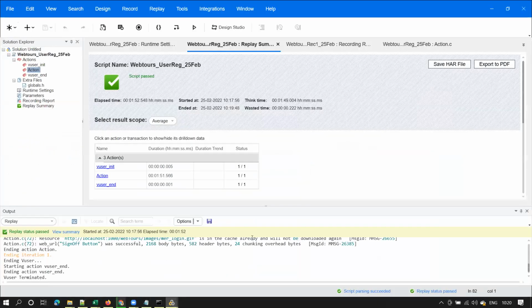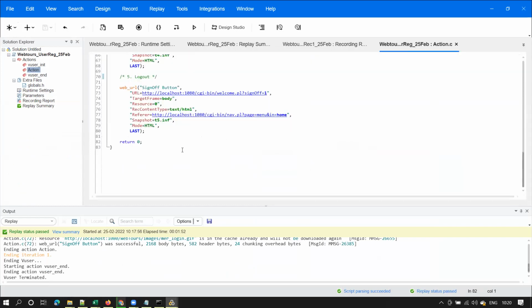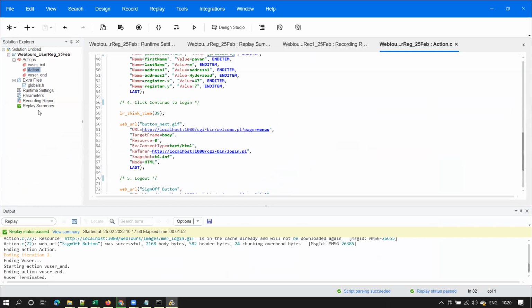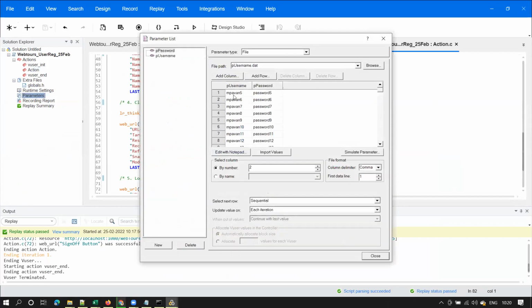Now it'll take 5 more minutes. So I want to register the remaining 100 users. I want to register 100 more users. So what I will do is, let me go to the parameter file. We already used this M1 file. The first line is already used. I want to use from the second line, right? So do you have an option? Yes, we have, right? So let me show you that.